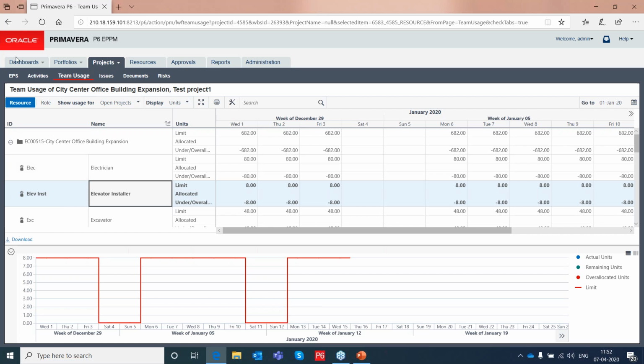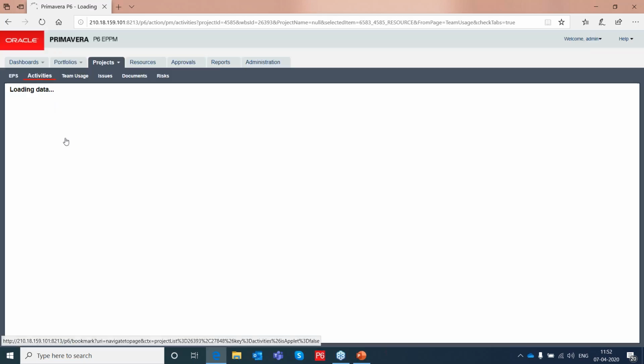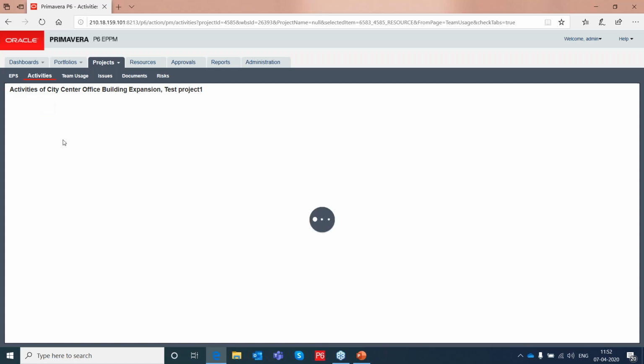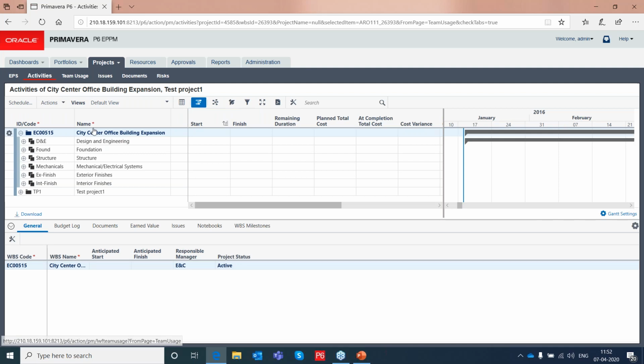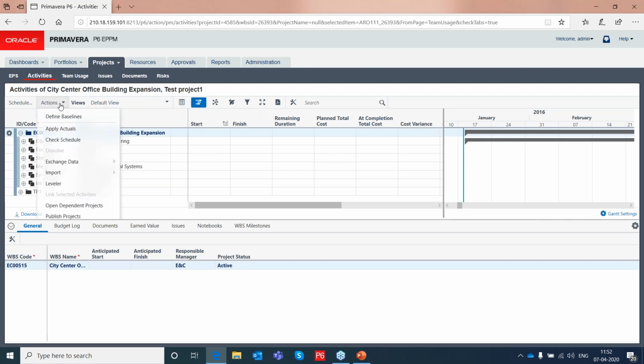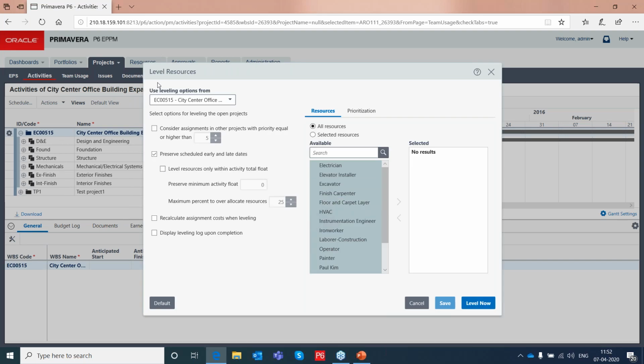Okay, then you also have the resource leveling. I'll show you the resource leveling also. Under the assumption that we have assigned the resource to all the activities, then we have seen how the resources are getting utilized. Then you have a leveler. Click on that, you will be able to see the level resource option.